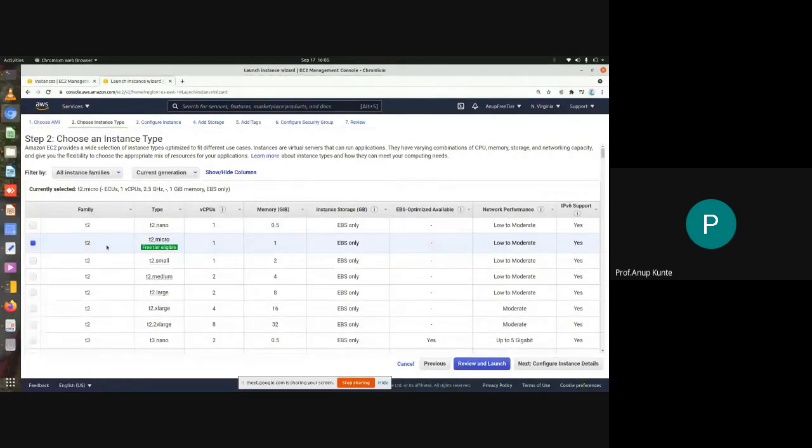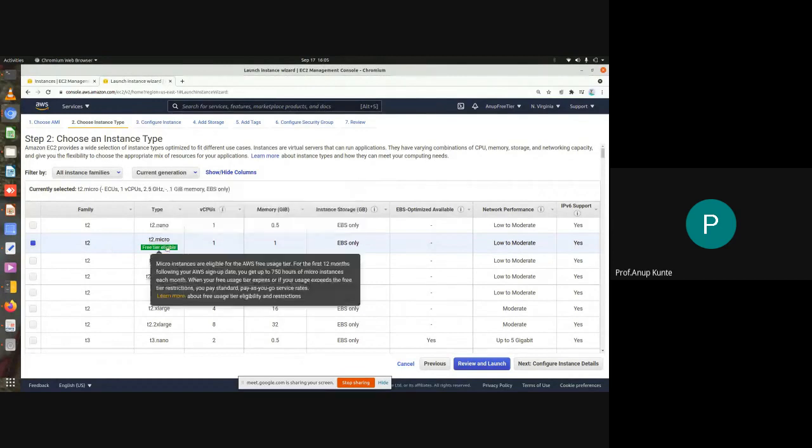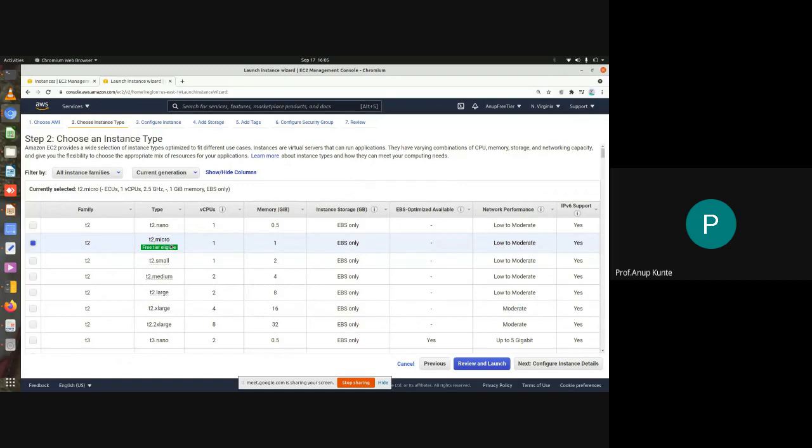I'm selecting the instance type, which is T2 micro, which is free tier eligible. Okay, this means it won't be costing me or giving me any bill, if I use it seldomly. Okay, so I'll just review the configuration and launch this instance, or I may actually go to the next configuration settings. What all I can tweak with? I can tweak with number of CPUs. I can tweak with how much amount of memory I want. Okay, how much storage I want, and many other things I can decide and dictate about the instance.